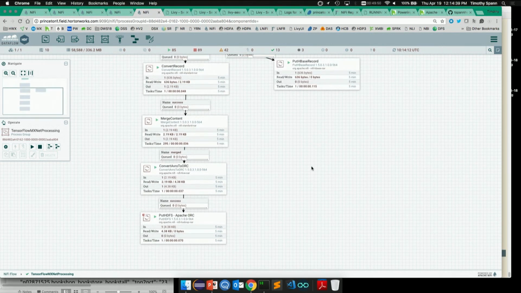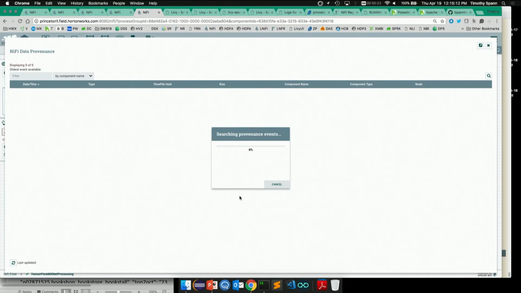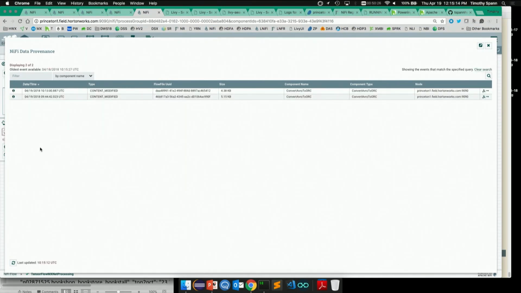Hive is a little trickier because the Hive people, if you were in the talk before, you don't want to send 100 million files. And these are tiny files because this is just from one camera. I could have 1 million of these a second. I don't want to send 1 million different files, so I merge them together as Avro. Then from Avro, I make it an ORC file, which Apache loves, and put it in HDFS, again Apache ORC. So now I have something that's in a table. I took that deep learning and put it in an Apache Hive table.